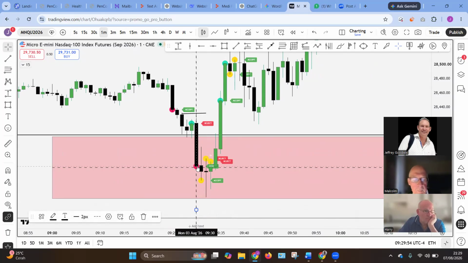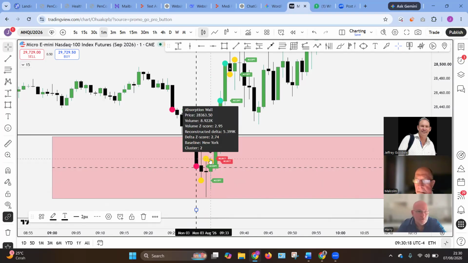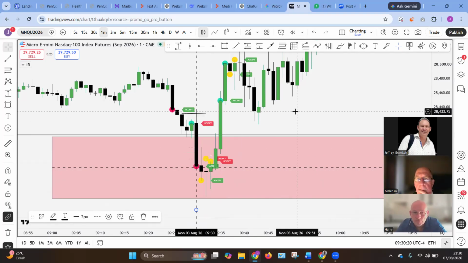When you get a red, then an amber, it's a little bit of a warning. Something might be happening. Yeah. And then when you get this acceptance here, that was of that one, it's going down. And this one was accepted, this one. Then it said reject them. A rejection's a bit like a buy in this sense. And you can see what happened then.